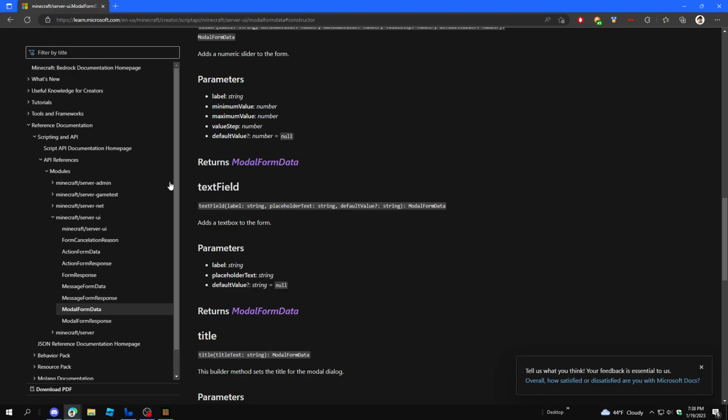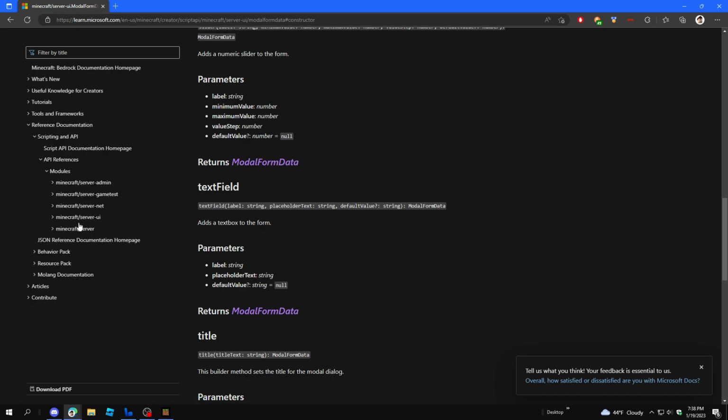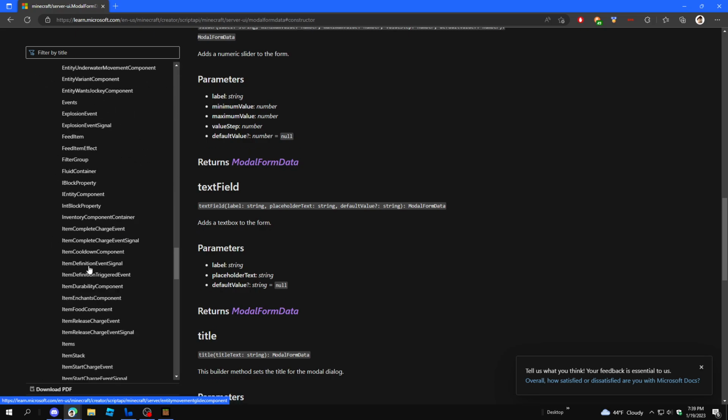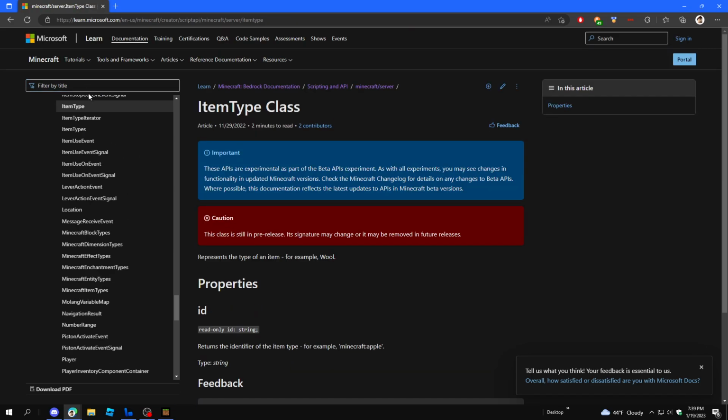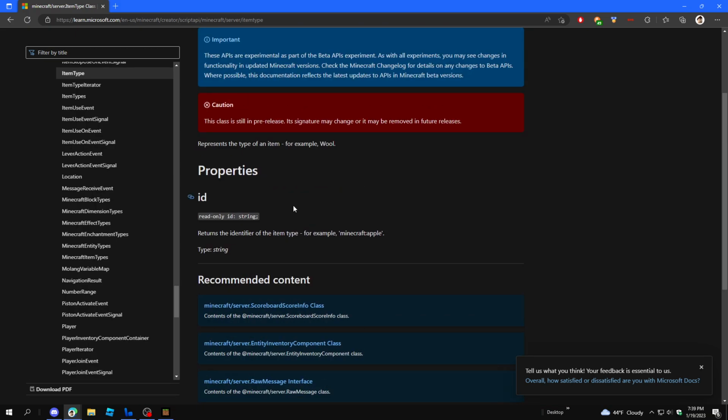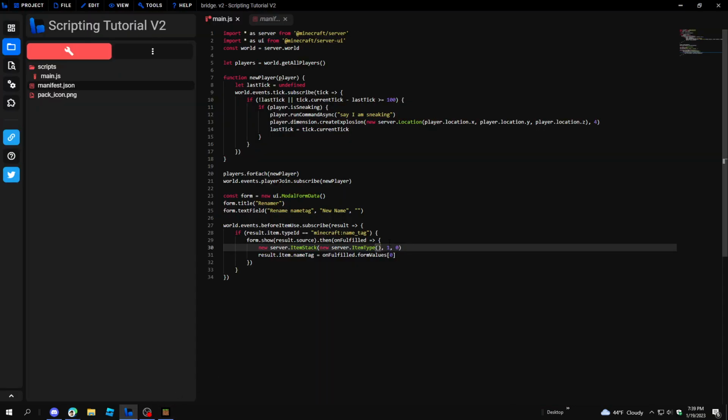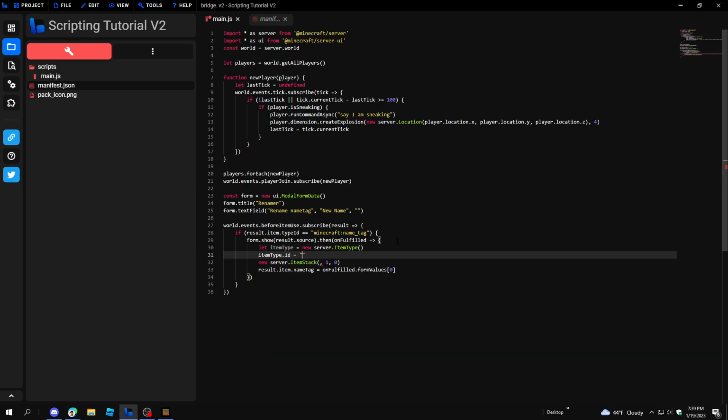So we'll go to scripting API, server, and then we'll look for item type. And it has an ID property. So we actually have to put it out here. Item type.id equals minecraft:name_tag. And then let item equals new server item stack, and then item type, 1, 0. And then we'll do